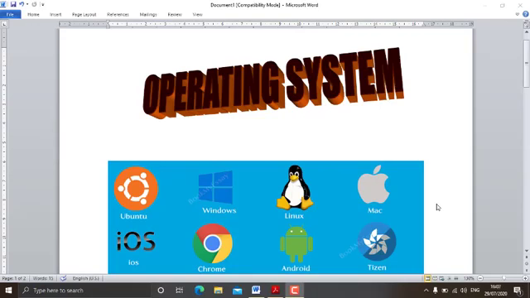So basically, if we need to work on a computer, then we need to have an interface through which we can use the resources of the computer. Resources means memory, the application software, the printers or the scanners or the other devices which are connected to the computer.